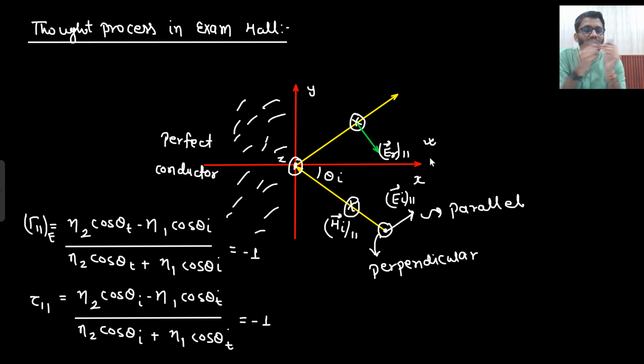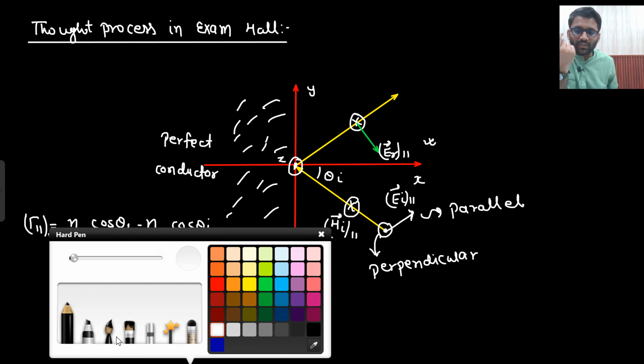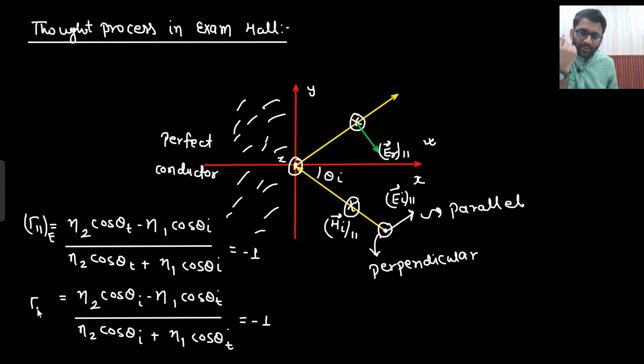Certainly it is clear. Now with respect to the perpendicular component, what will be my reflected electric field? What do you think? Why am I writing tau? Really sorry, this was a blunder from my side. This was gamma perpendicular only. So my gamma perpendicular E is -1. And what was the assumption? The assumption was that the incident, reflected and transmitted electric fields should all be in the same direction. But since gamma E is becoming negative,